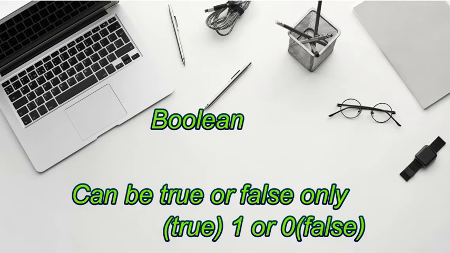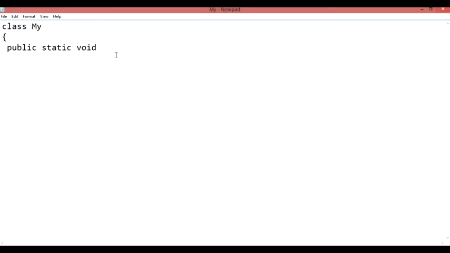When I am talking about a boolean, the value will be either true or false. This is the purpose of the data types that are available in Java: how we can use each type of data and what the output of that type will be. You all know that we have different types of data available in Java. So let us understand this with the help of an example, how we need to define a data type with a variable and how we need to execute it so that we get the desired code.